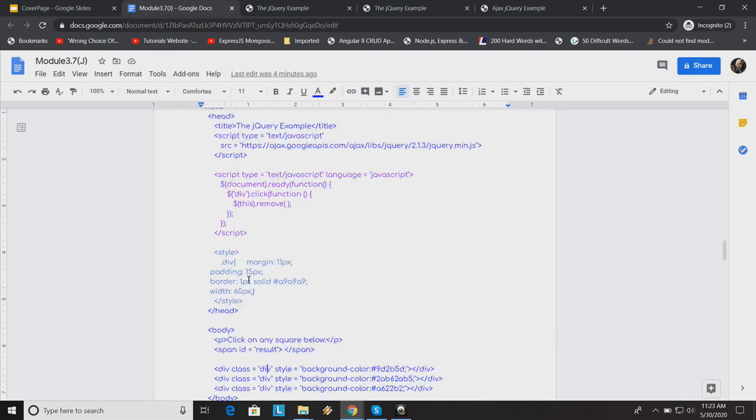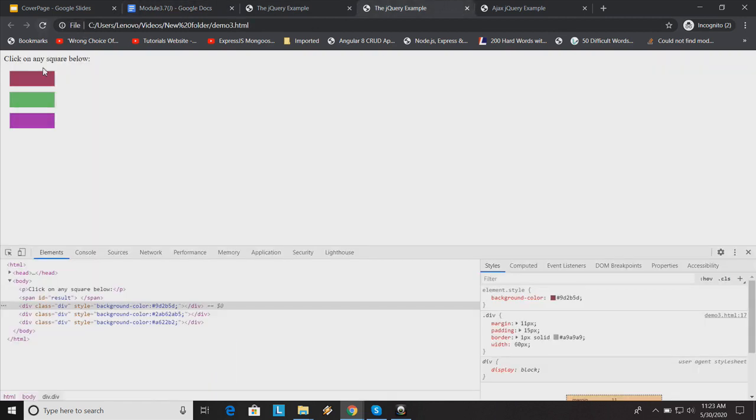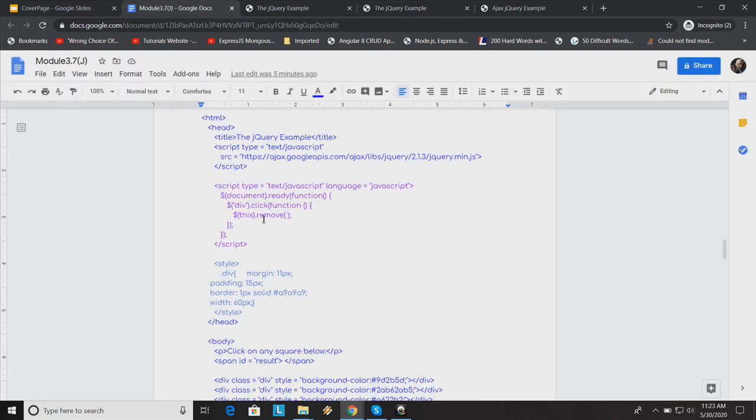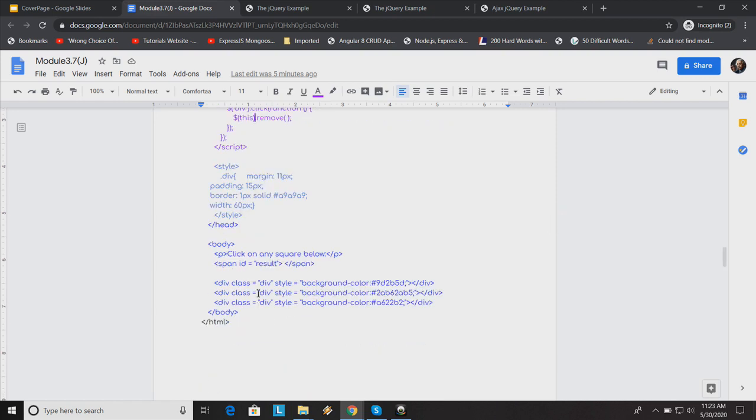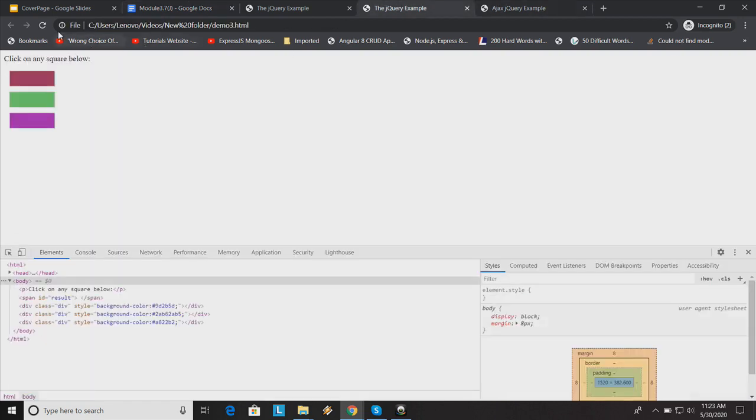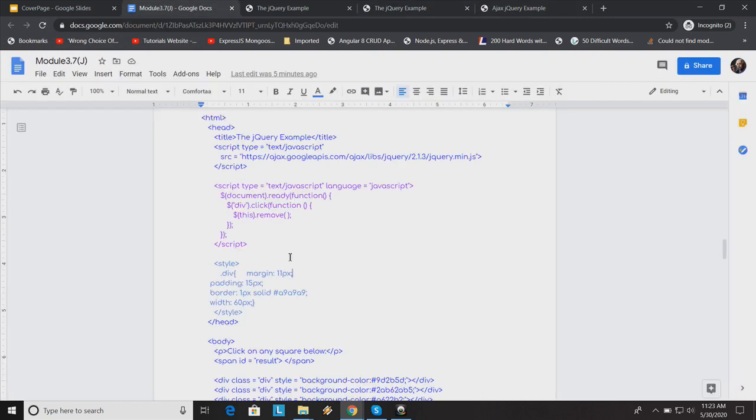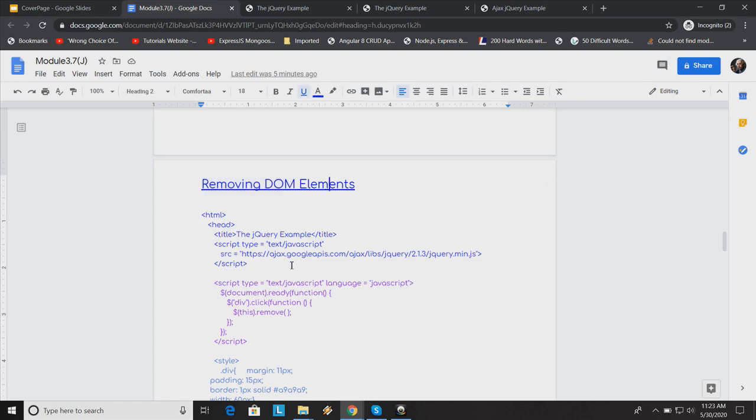And since I'm having three divs, how to use this pop operation? For that reason, simple one keyword, remove. This remove is coming from this library file which is defined by the developers. This dot remove. Suppose you ask, sir, what is the this? If I click on this, it should indicate now I'm clicking this, so I want to remove this. For that reason, this keyword. Now suppose another example, if I click this, this should go, not this. And if I click this, this should go, not any of the other two. For that reason, this keyword. So this is an example of removing DOM elements.